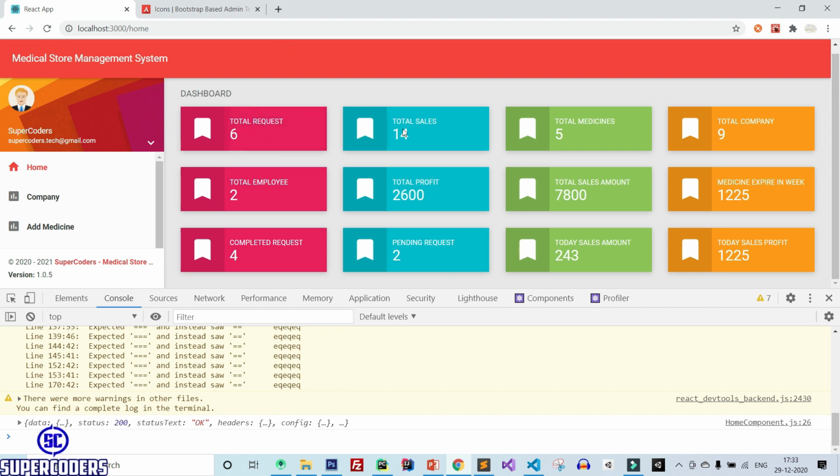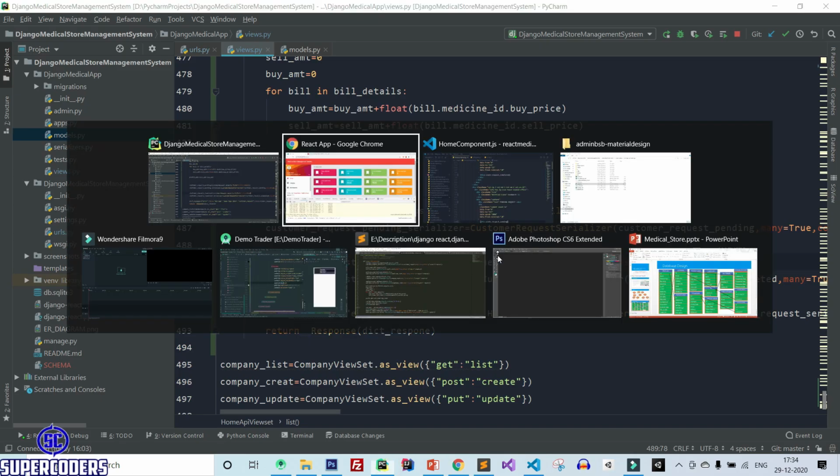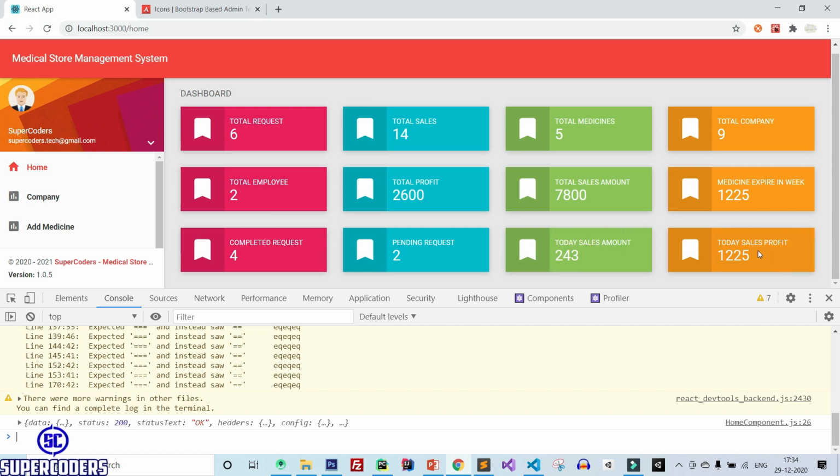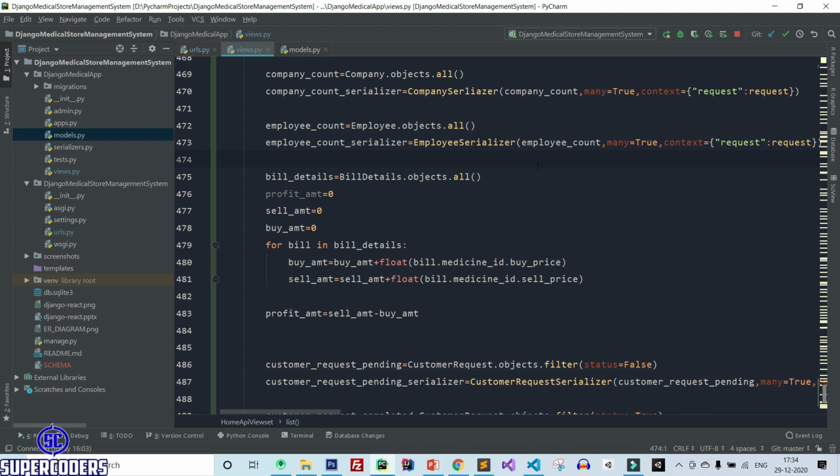Now let's work on only 3 cards, which are medicine expire in week, total today's sales amount, and today's sales profit. So again back to PyCharm, and let's work on today's sales amount and today's sales profit. Again here, copy this same code.